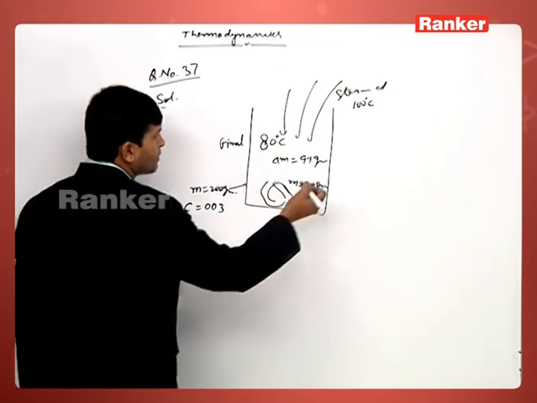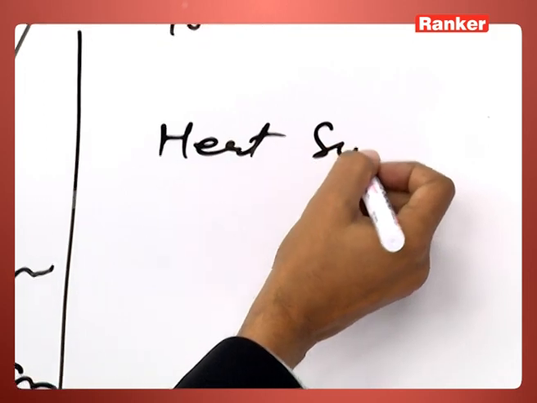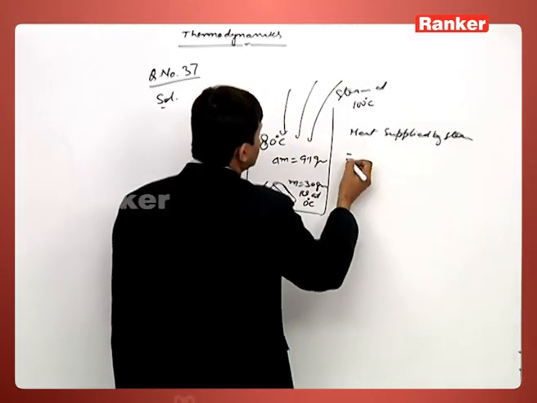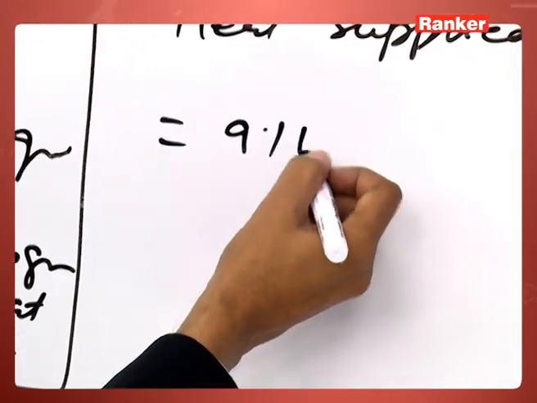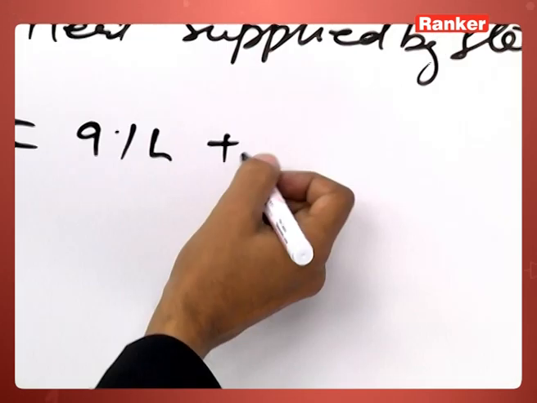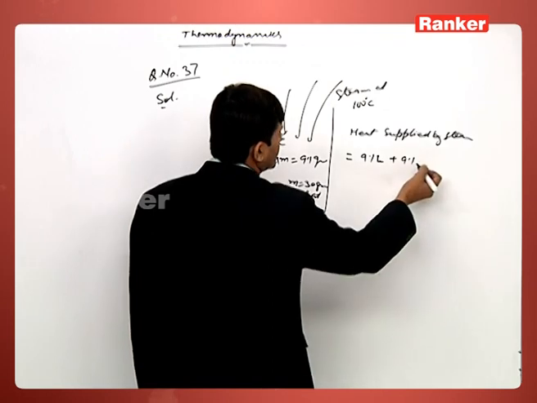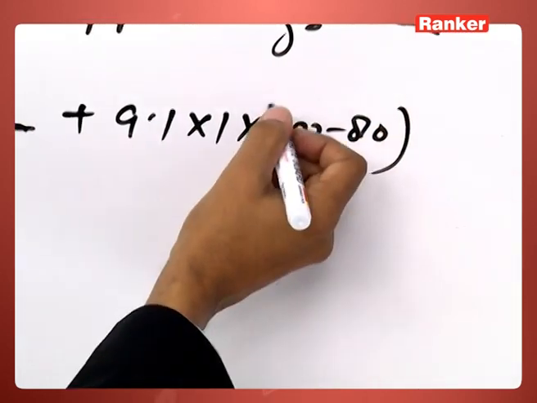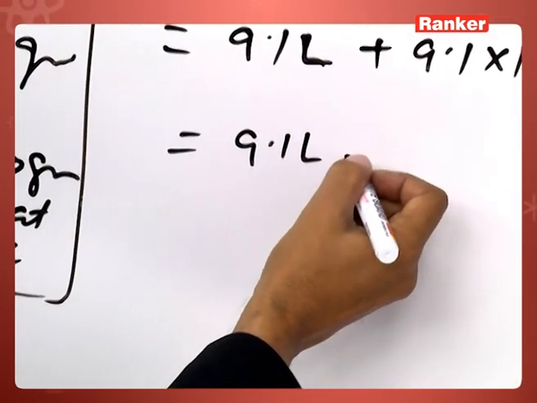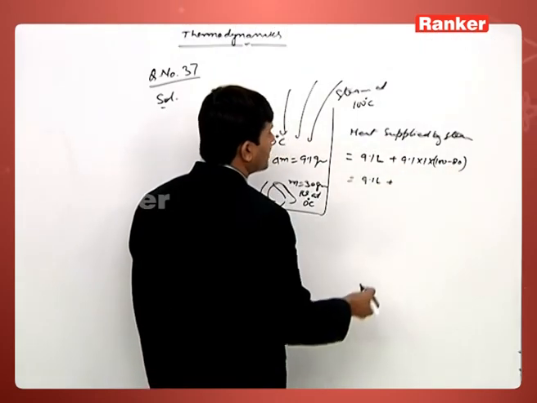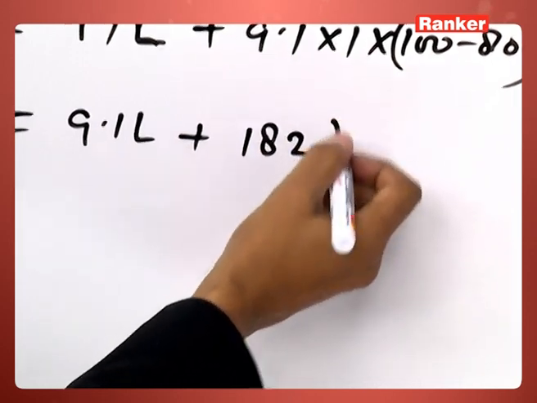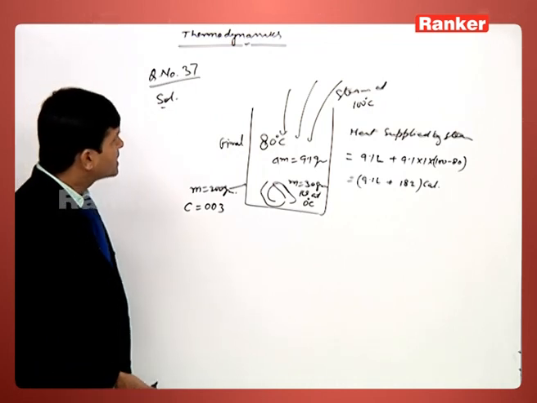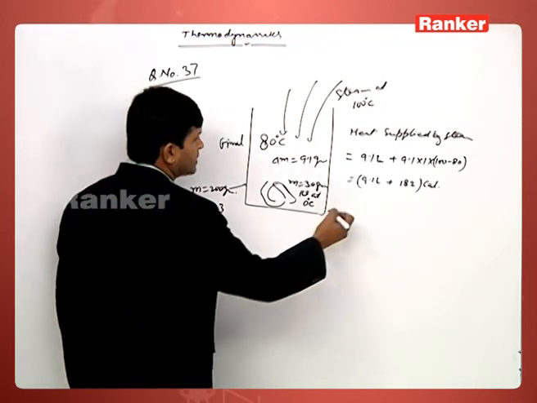So heat supplied by steam is equal to m, 9.1, times latent heat of steam, plus 9.1 times specific heat of water times 100 minus 80. So this is 9.1 L plus 20 into 9.1, that is 182. This is the calorie. This much heat has been supplied, and that heat goes to the heat taken,